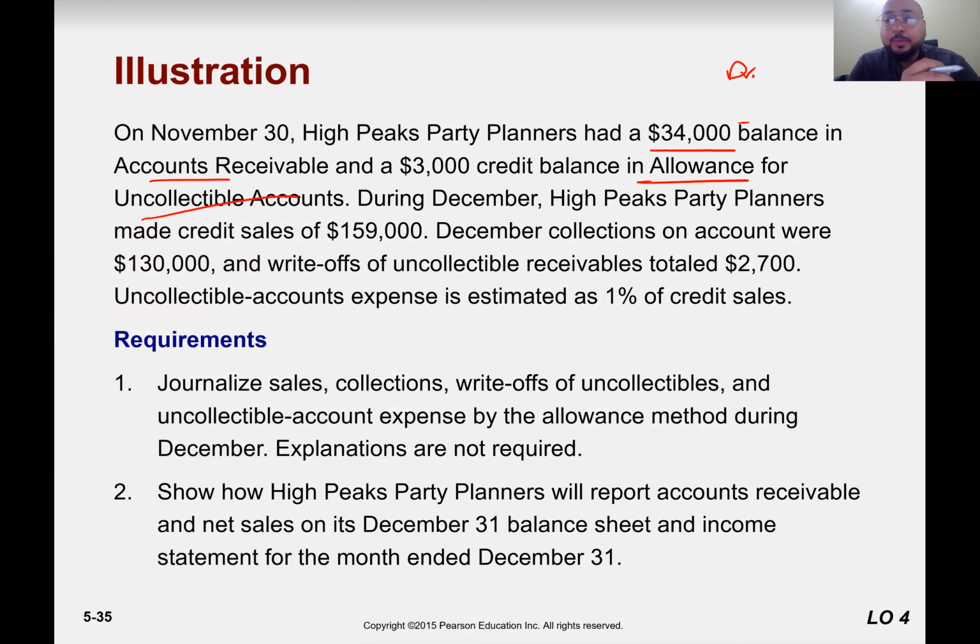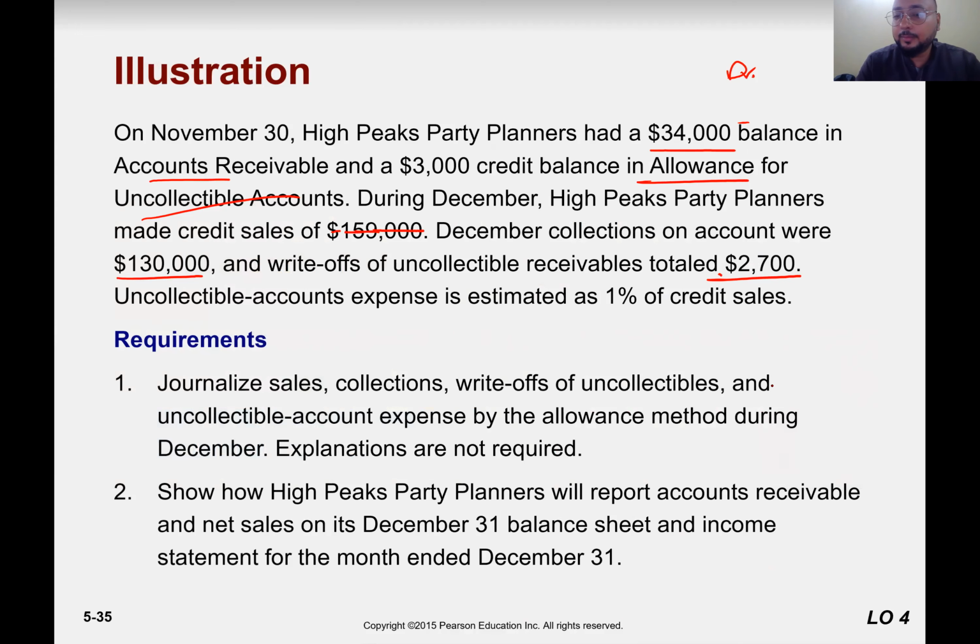During December, High Peaks Party Planners made credit sales of 159,000. December collection on account were 130,000. Right? $130,000 has been collected. And write-offs of uncollectible receivables total 2,700, which means among this 159, or among the total,